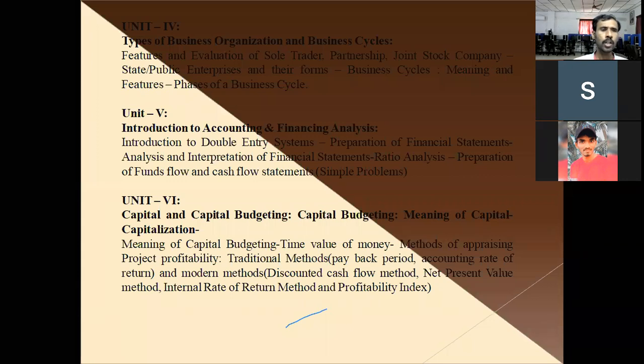Why? Because in order to determine the position of a business, I just want to know whether a company is running in profit or losses. In this regard, I have to go through different types of financial statements and analyze all these financial statements, and later I'll come to know whether my business is running in profit or loss. So it takes a lot of time.